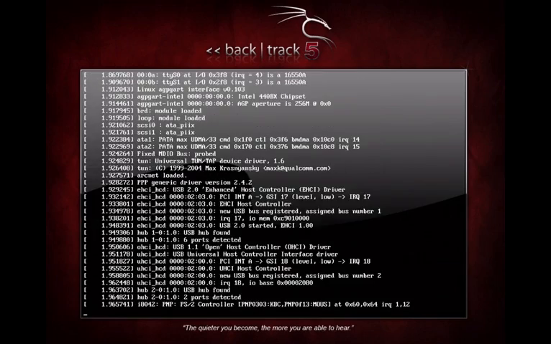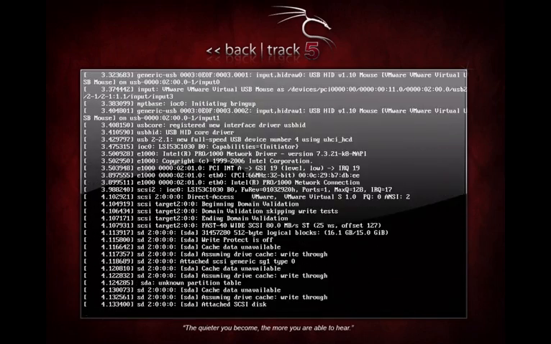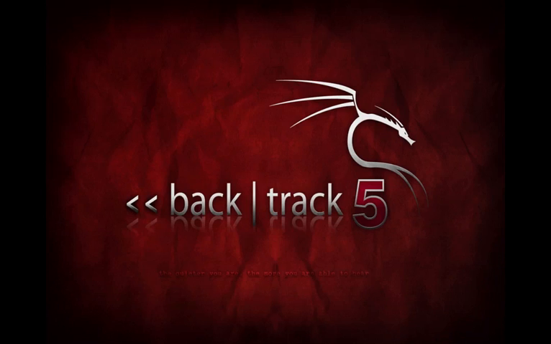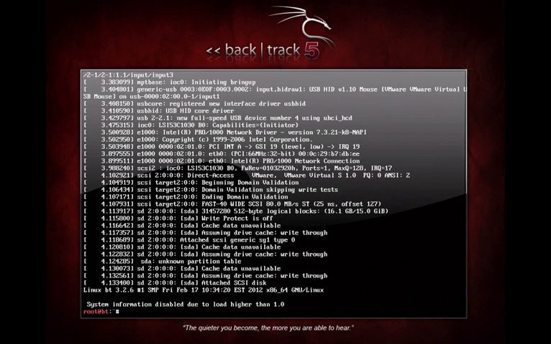Next. There you go. Backtrack is a really pretty cool operating system, especially for pen testers and IT professionals. Here we have this window. It's showing us that